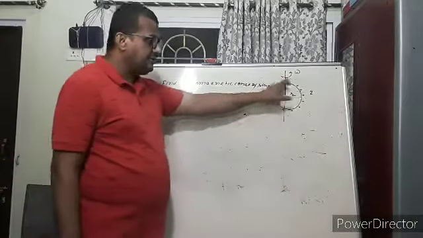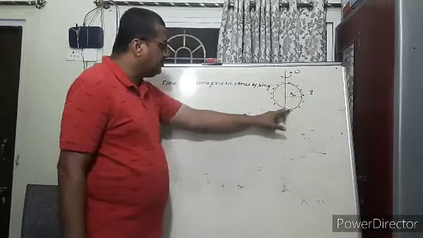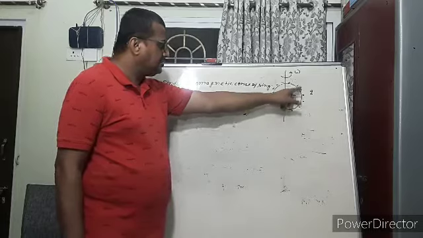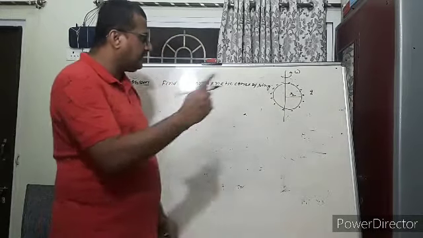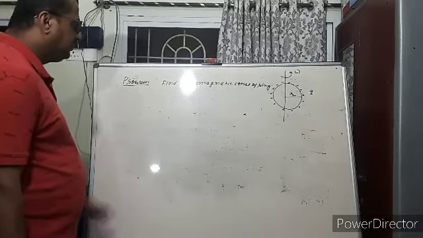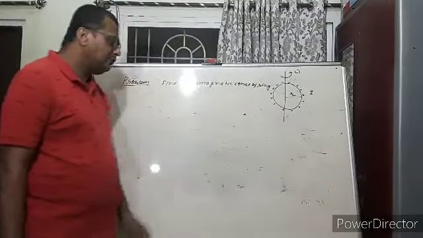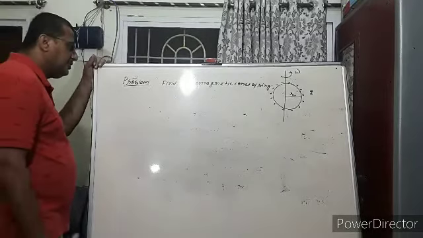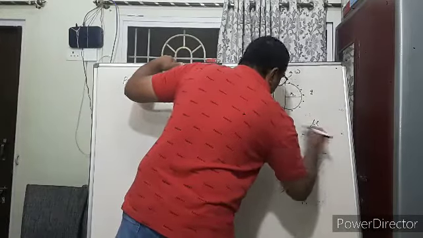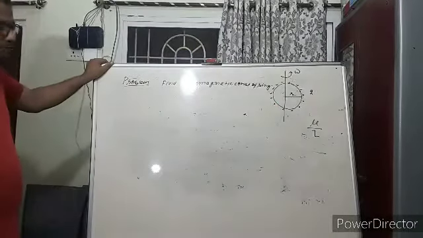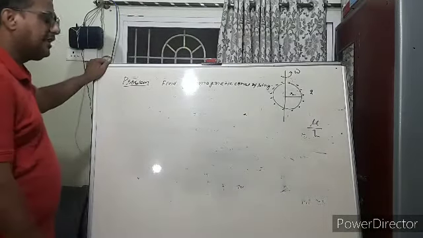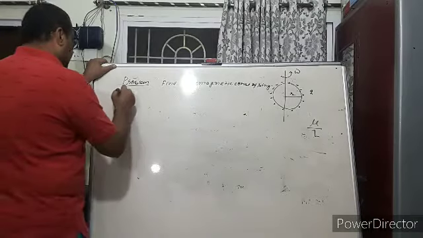Once more, this is a ring. Positive charge is distributed on the ring uniformly. Radius of the ring is r. Charge is q, and it is rotated with angular velocity omega. You have to find the gyromagnetic constant. You know the gyromagnetic constant is the ratio of mu and L. So first of all, find mu, then L, and then take the ratio. So, calculation of mu.